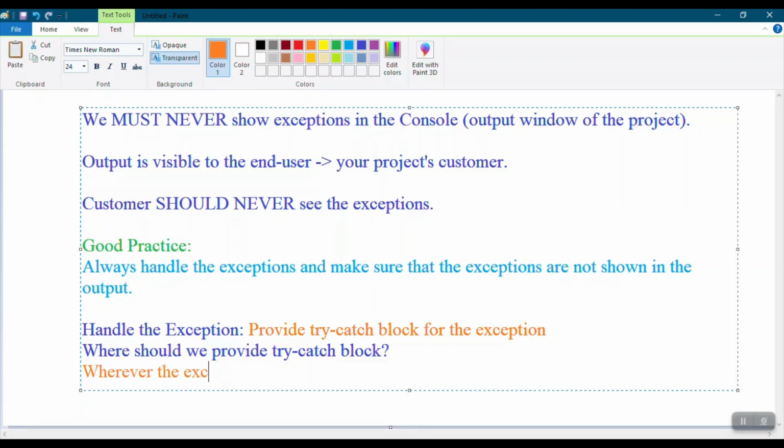Wherever the exception occurs, it is the best way. Wherever the exception occurs, provide your try catch block there itself. In whichever method the exception occurs, provide the try catch block in the same method, in the same place. That is the best way of handling the exceptions. So let us